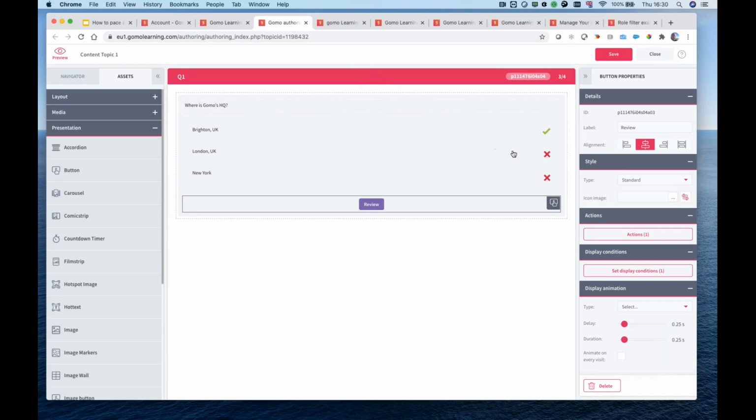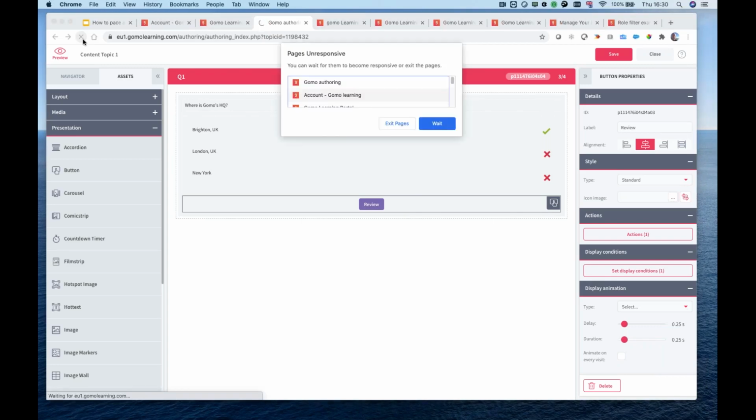Let's just go through that again. So what I wanted here with the question is to say they can only see the next button if they get the question right. So what I did there was to go in and look at the navigation and tracking section, and I added a display condition to that to say, if the question's right, show the next button. I then had this other one here, which just said,